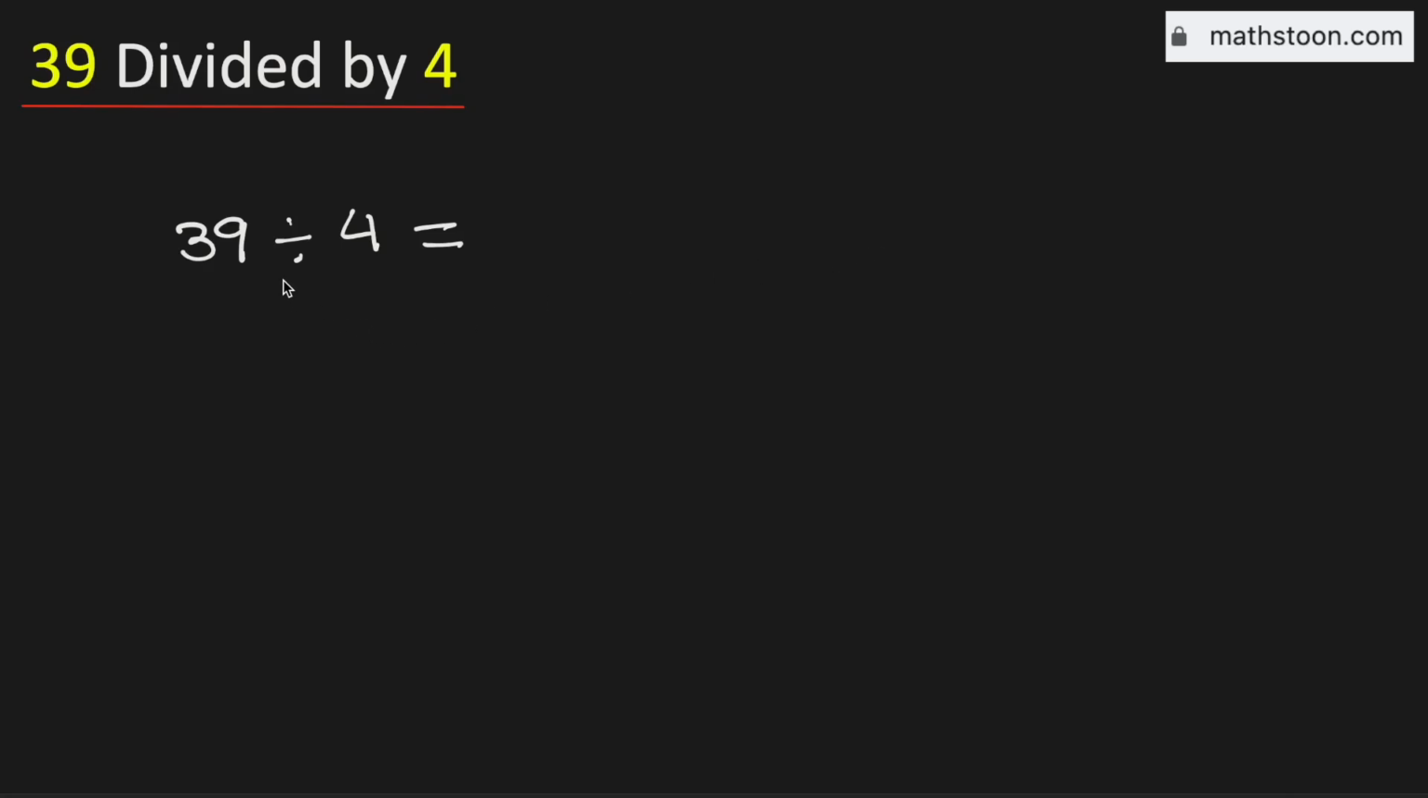In this video, we will learn how to divide the number 39 by 4 using the long division method. 3 is less than 4, that is why we will consider the whole number 39. We know that 4 times 9 is 36. Subtract, we get 3. Now 3 is less than 4, so we will put a decimal here so that we